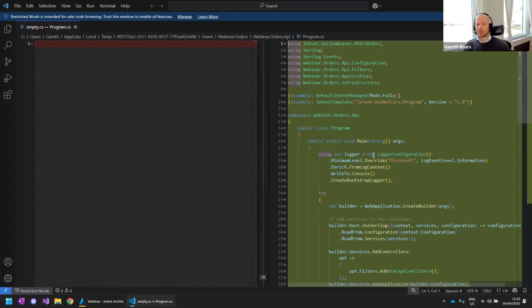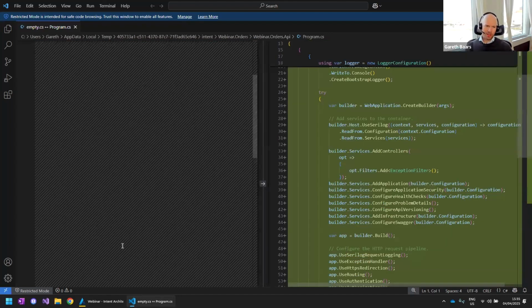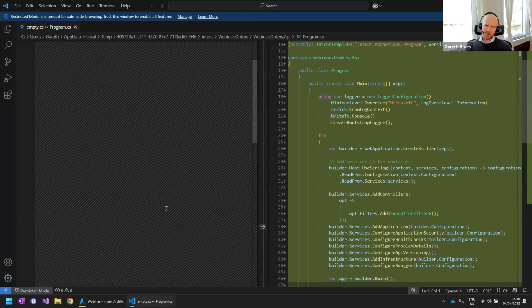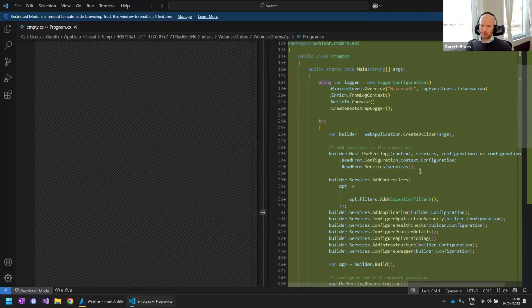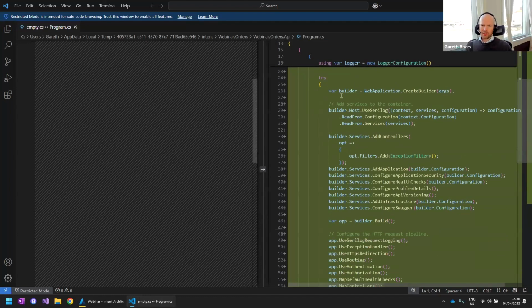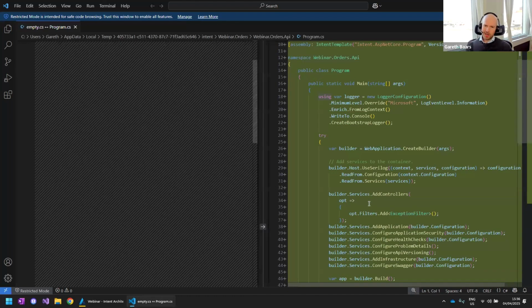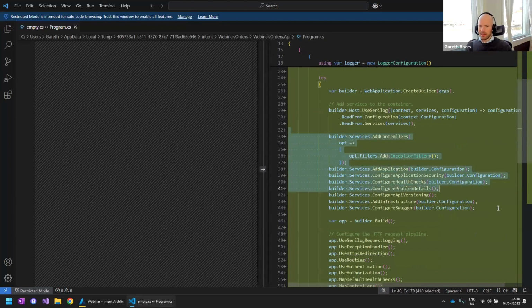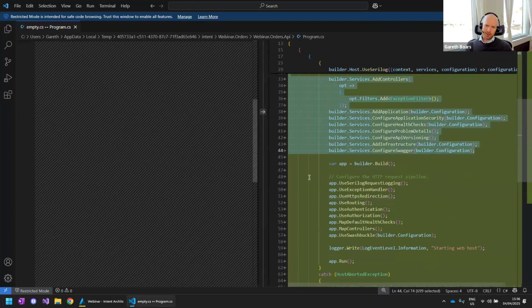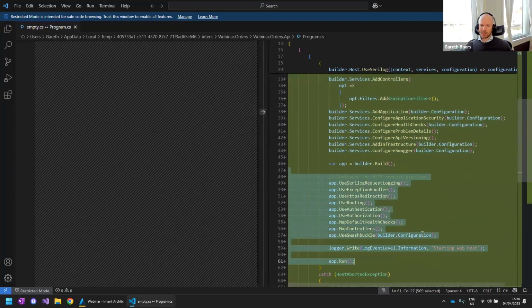And here we can see the actual code that Intent Architect is going to roll out for us. On the left is the code base. There is no code base, that's why it's blank. And on the right is what Intent Architect wants to do. We call this the projection. Here you can see this is a very standard program, minimalist startup, essentially. There's our DI configuration and our HTTP pipeline configuration.